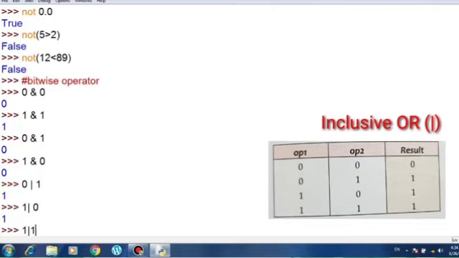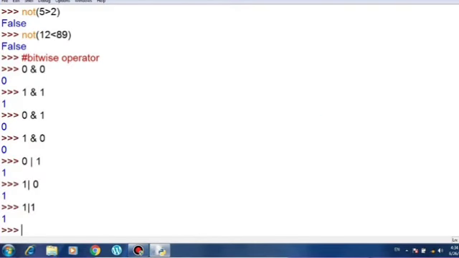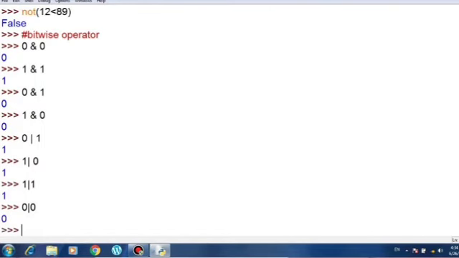However, in the case of 0 or 0, this is called inclusive OR. I'll tell you about exclusive OR also. In inclusive OR, if any of the operands has the value true, it will return true. Now 0 and 0 was left, so obviously with 0 and 0, none of them has the truth value true, so it will give you the answer false only. Now let us see the exclusive OR. What does it do?